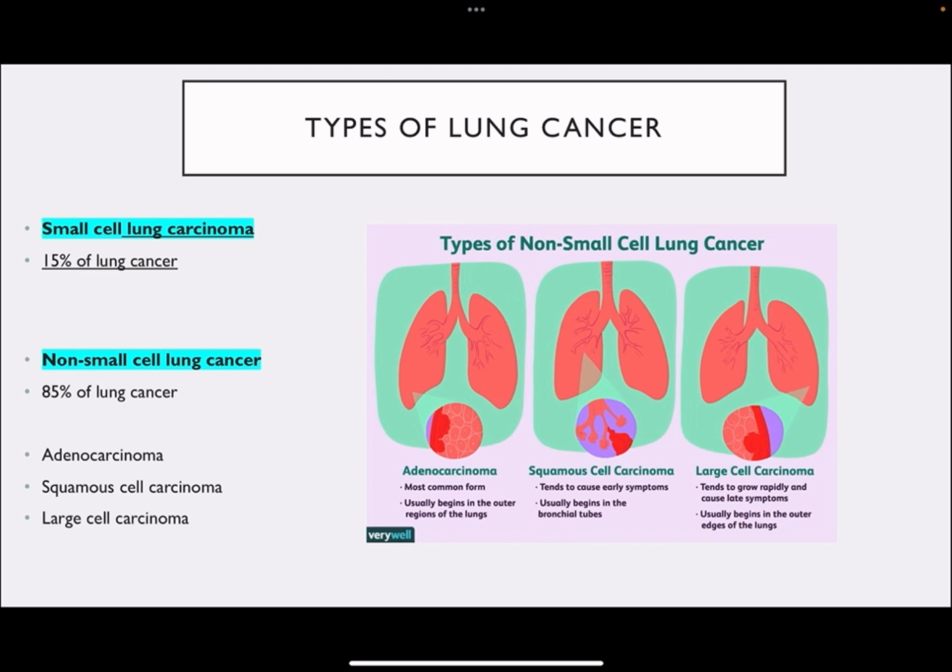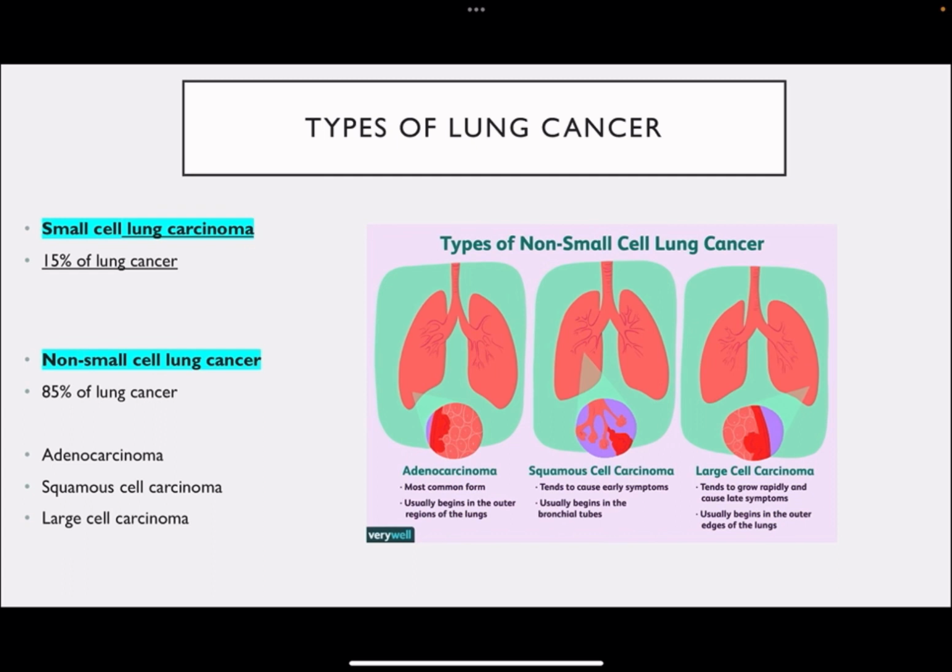The second type is non-small cell lung cancer. This is the most common type, making up 85% of lung cancer cases. This type of cancer grows slower when you compare it to small cell lung carcinoma. However, it usually spreads to other parts of the body before you start having symptoms that'll cause you to get diagnosed. It is then further split into three categories: adenocarcinoma, which is the most common form and usually begins